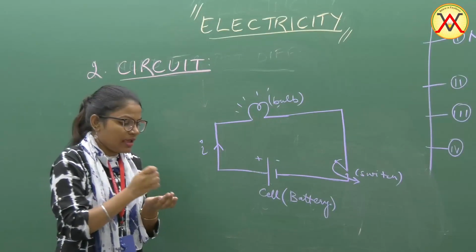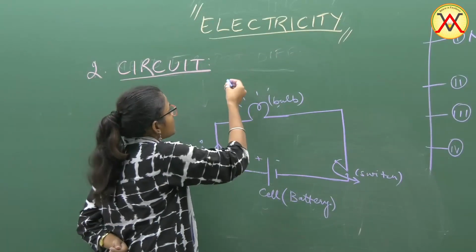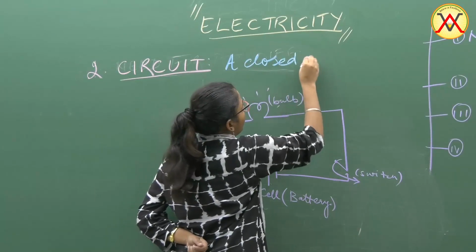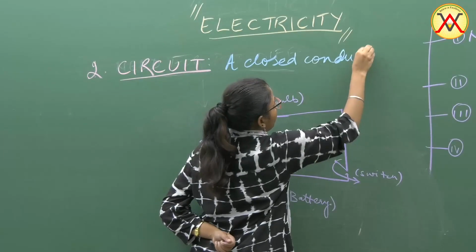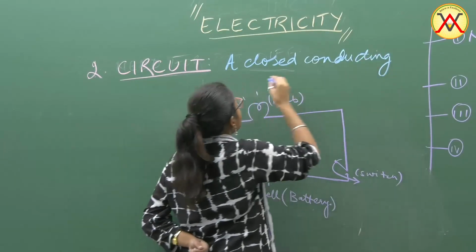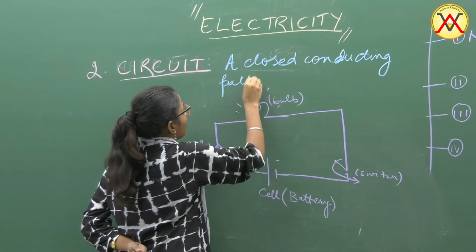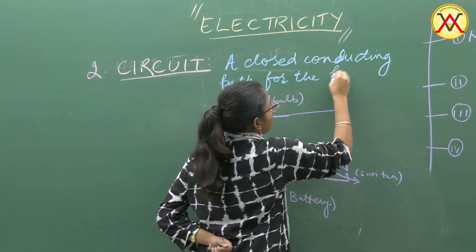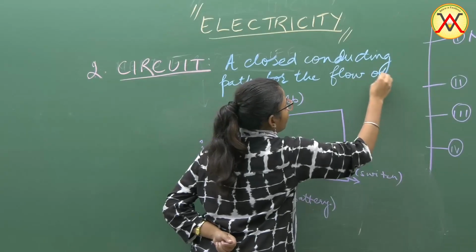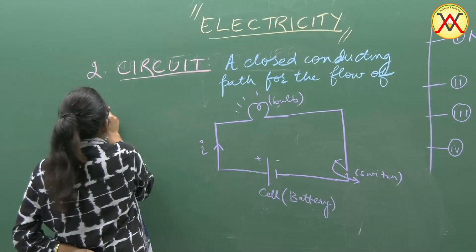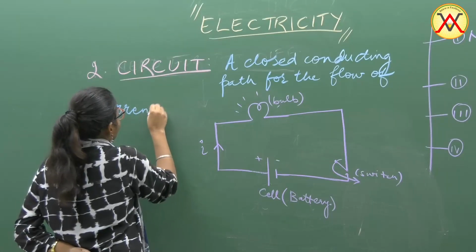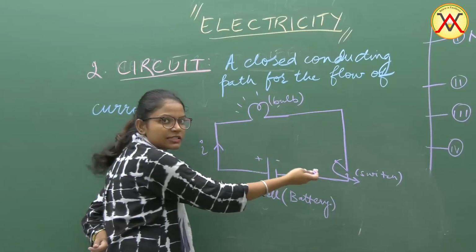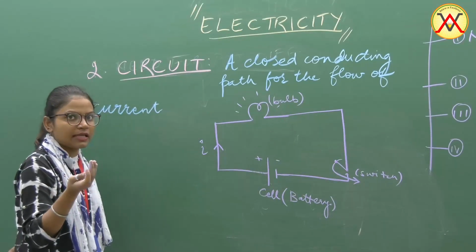A circuit is nothing but a closed conducting path for the flow of current which consists of certain electrical components which we have already studied in our class 8,